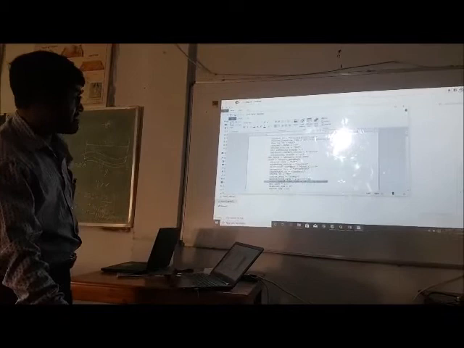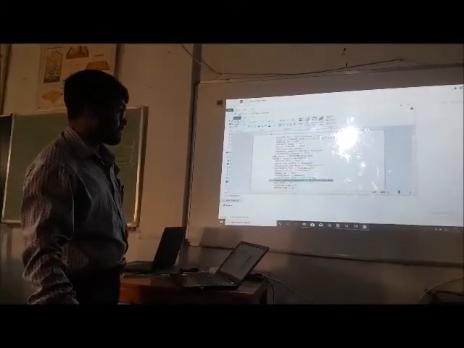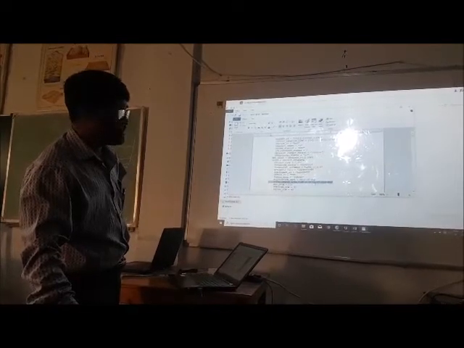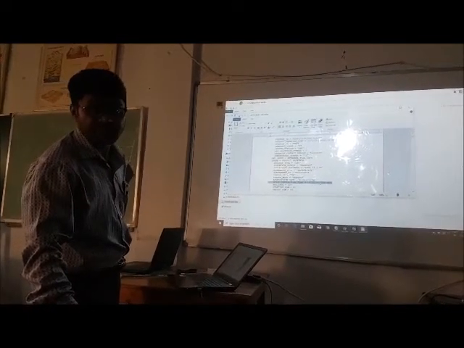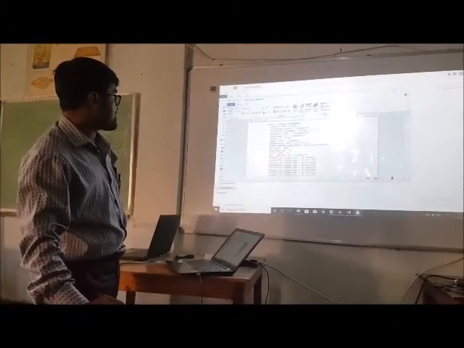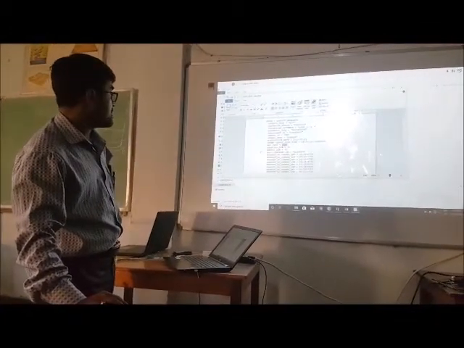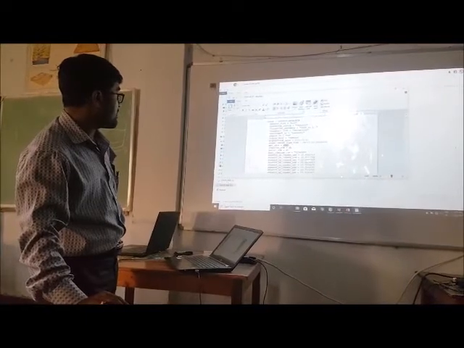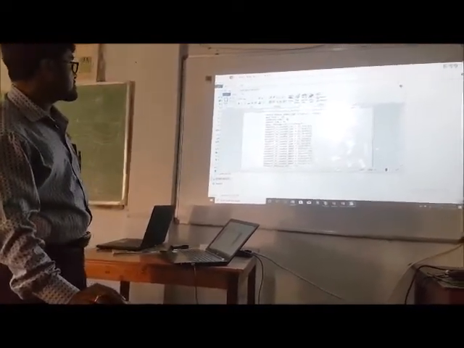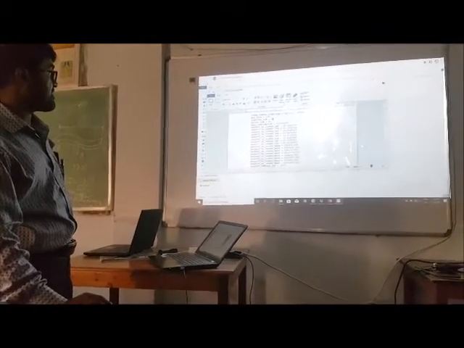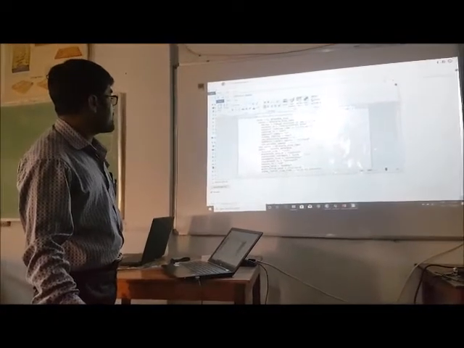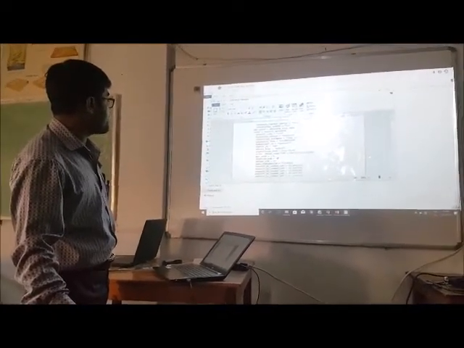That means 4 a.m., 22 minutes 13 seconds. The path is 138, row is 45. The corner latitude longitudes are given here, and